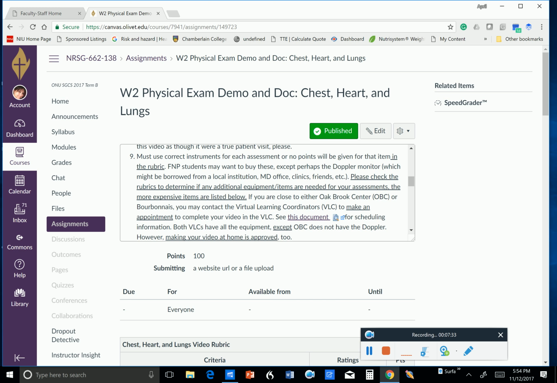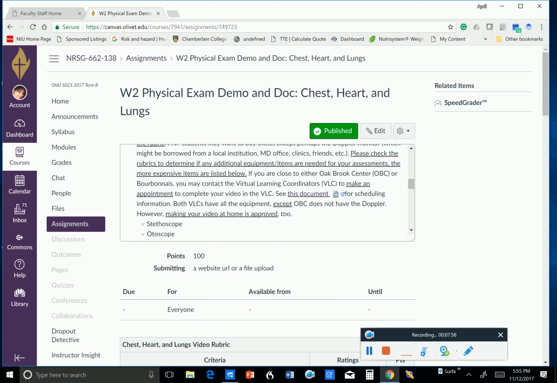FMP students may want to buy these, except perhaps the Doppler monitor, which may be borrowed from a local institution, maybe a doctor's office, a friend. If you work in the hospital, perhaps the OB unit will let you use one. Please check the rubrics to determine if any additional equipment items are needed for your assessments. The more expensive items listed below, I don't think you want to go out and buy, like